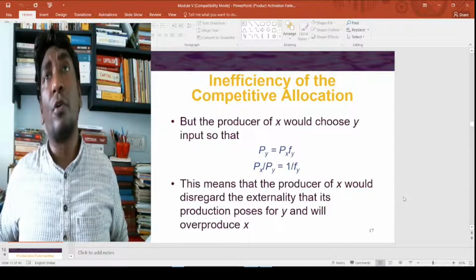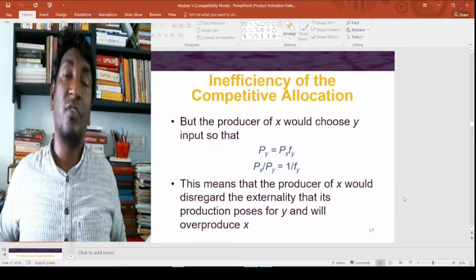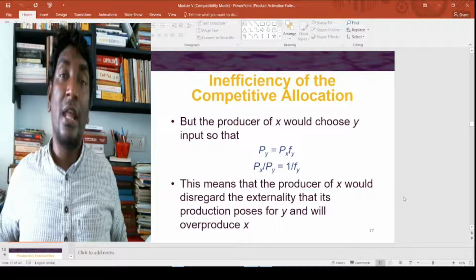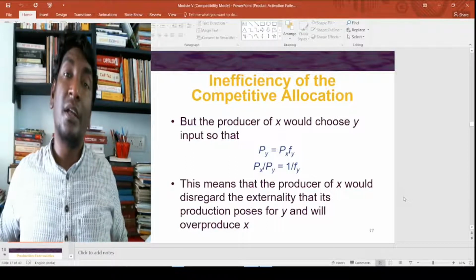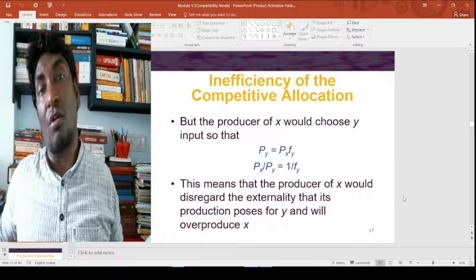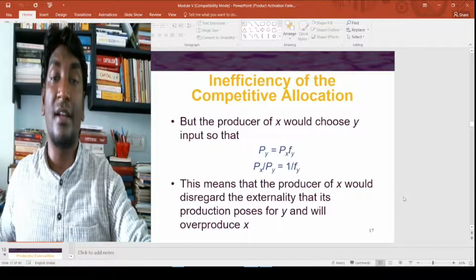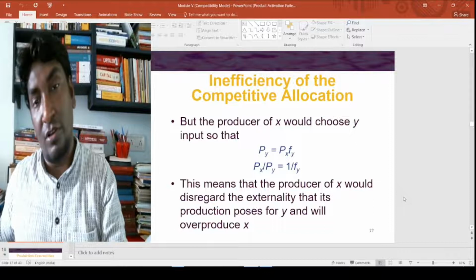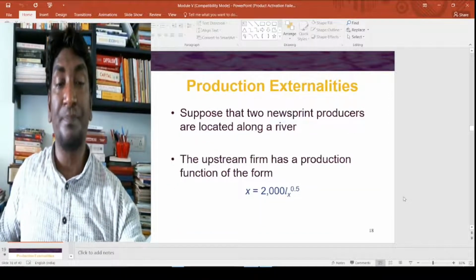Then the total produce of the downstream firm will be affected, but the first firm will say that they have the right, therefore they are doing it. So any mitigation that comes from the downstream is actually an additional cost. This is not necessarily going to be optimal. We will discuss this nitty-gritty in a while, in the next lecture or subsequently.